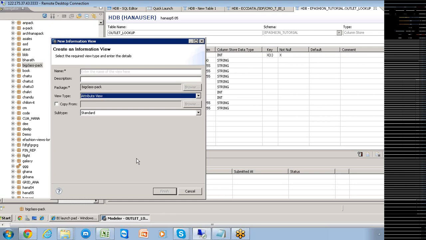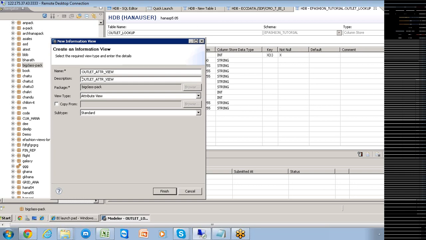Attribute view here. Okay, I want to specify this one as outlet_attr_view.